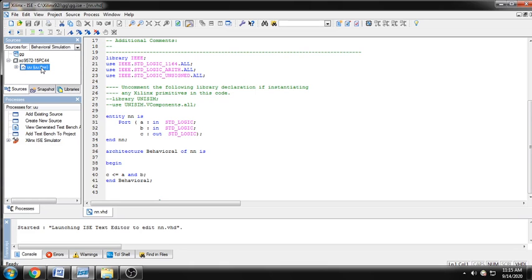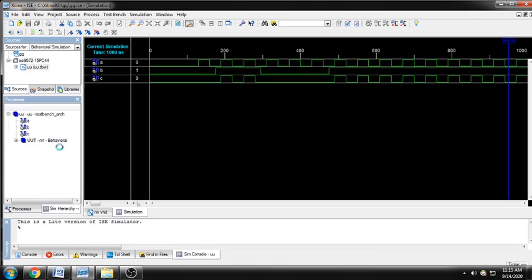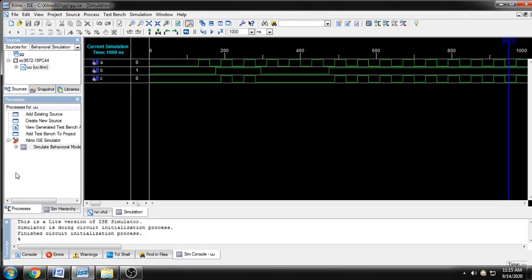I just select behavioral and run the simulator. So this is my output. In the output you can see the inputs. When both inputs are high, then the output will be high. This program deals with that: when both inputs are high, the output is high. This is the output of this program, and this is my Xilinx simulator.